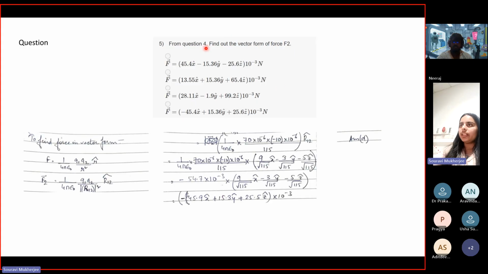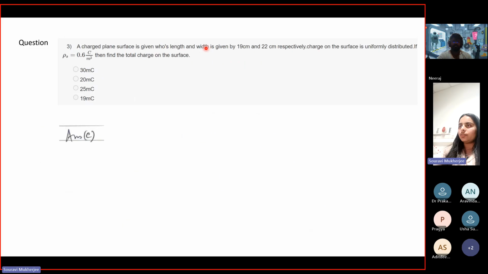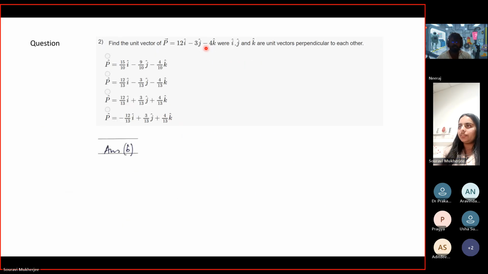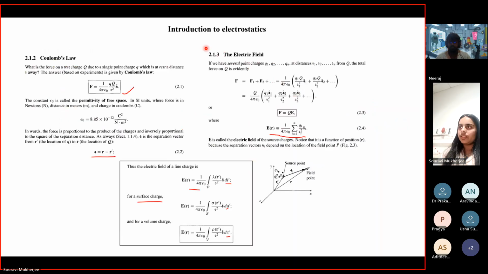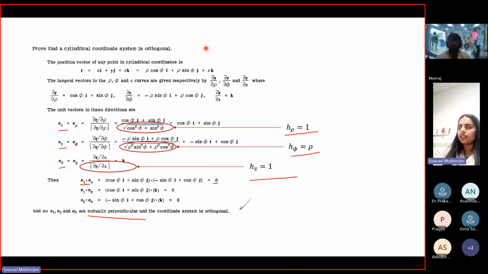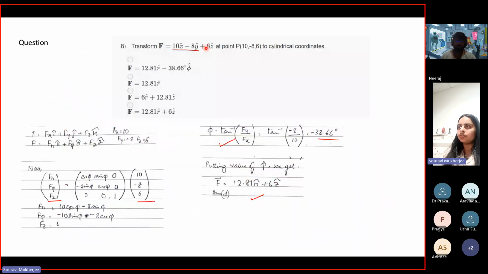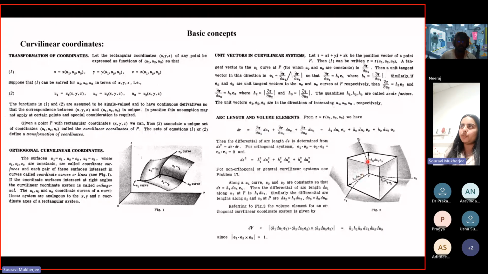So basically what they're asking is, if I go back to the figure that we discussed, what they're trying to ask is these things. If I look at this, what is the component along U2? This is the component along U2. This is the component along U1. This is the component along U3. That is what is being asked there for the differential.